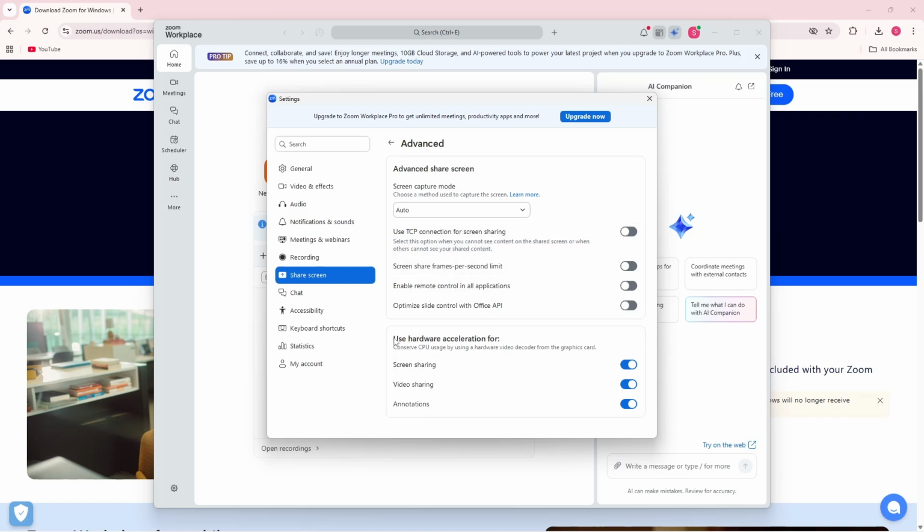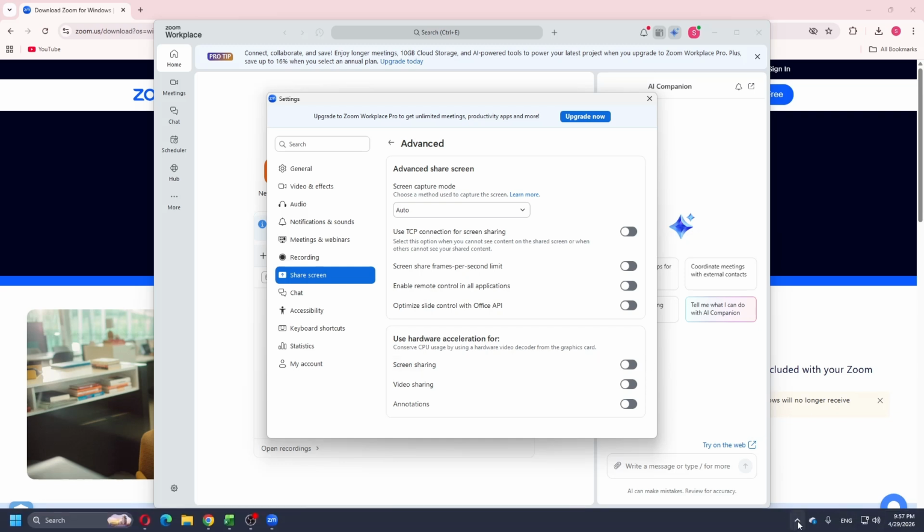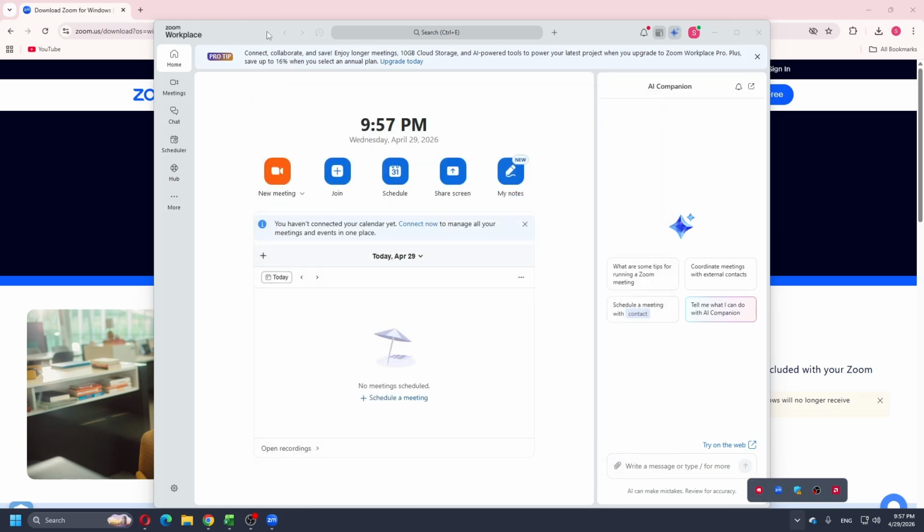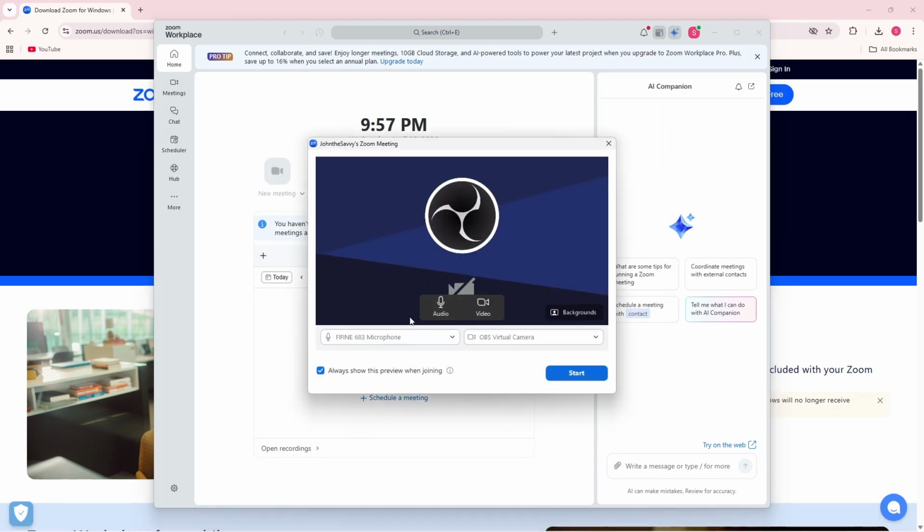And when it comes to Use hardware acceleration, it's best to turn this off sometimes, because these can be the reason you are having some issues on your computer. Now another option is to simply close other applications that you no longer use, because sometimes they are the reason as well. And if it doesn't work out again, you can try to connect and reconnect your